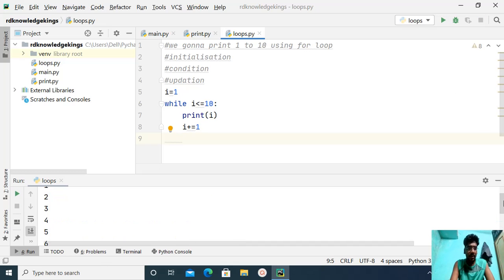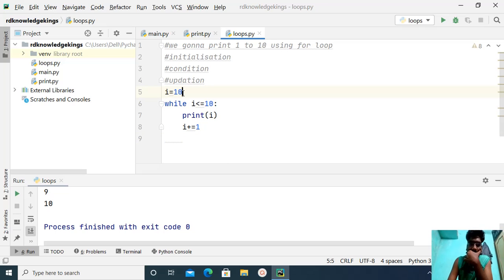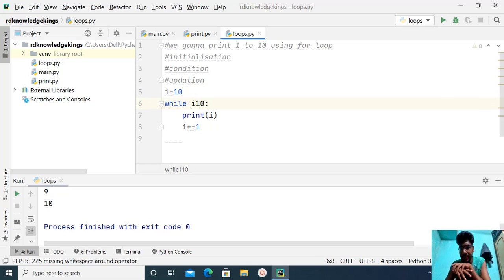See here, from 1 to 10 we are getting, and if you want to print it in reverse order, you can just write I equal to 10, and in this case the value should be greater than or equal to 1, right?